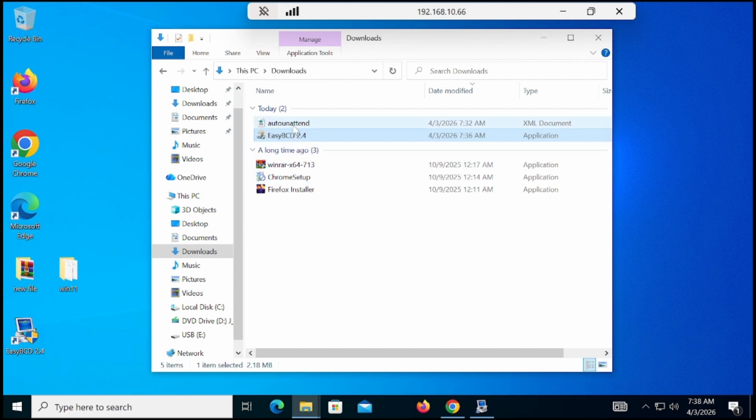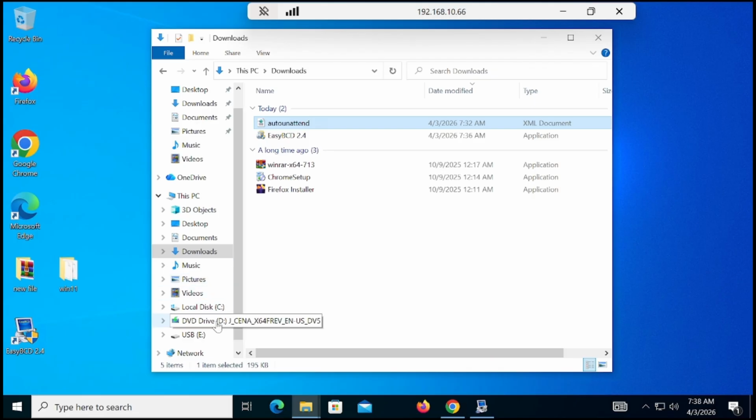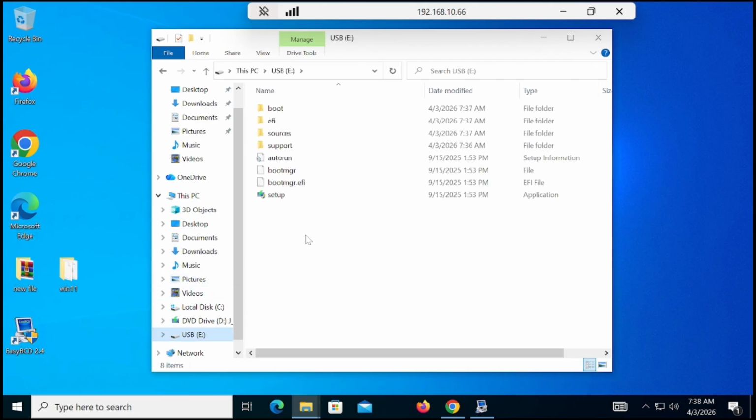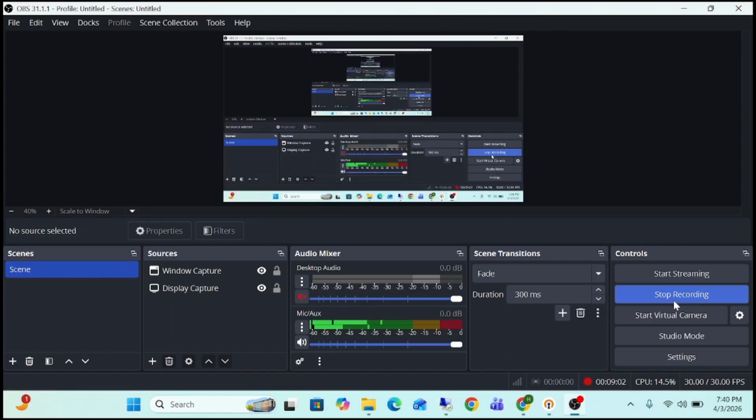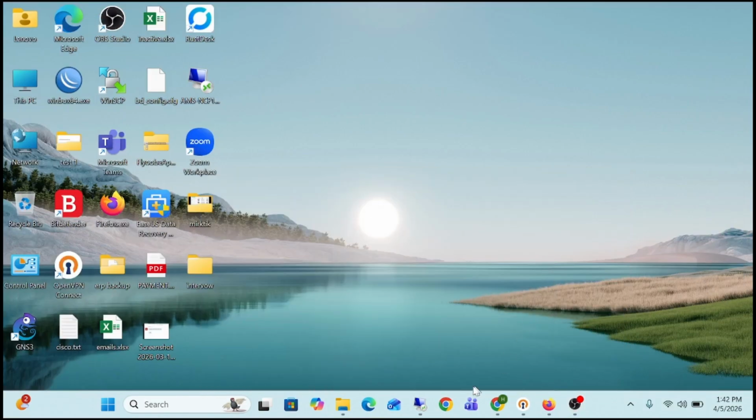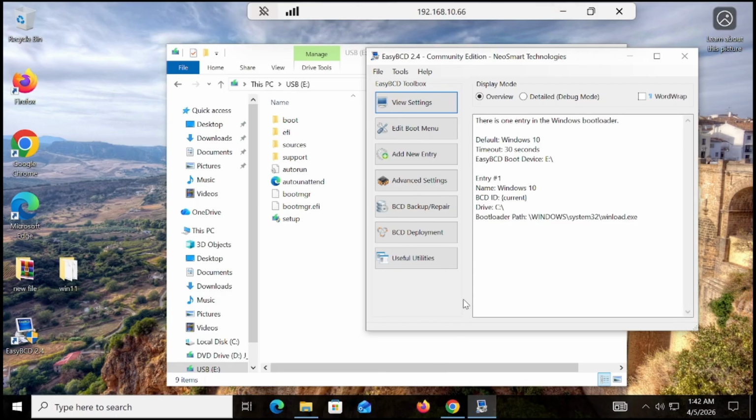So let's copy this file and we need to paste here. So we have pasted the file, whatever we have downloaded from the GitHub, and after that we have to go